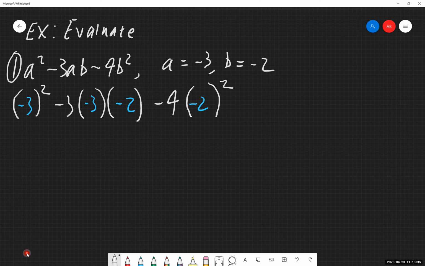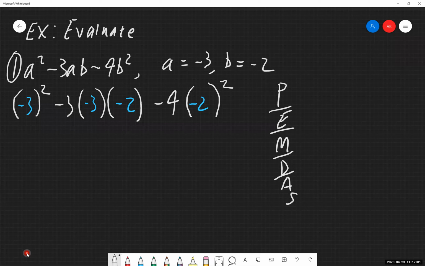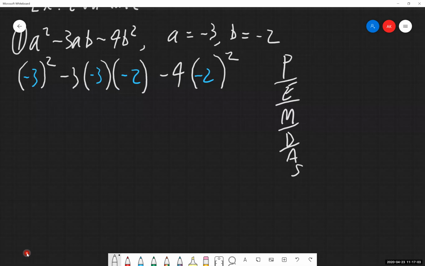So from here, now we have everything substituted in. Our third step in the process, we're going to evaluate and simplify the resulting expression. We're using PEMDAS. So I'm just going to put PEMDAS off to the side here. So first things first, working with parentheses. Can I do anything inside the set of parentheses that I have? And no, I can't. If I can't do anything with that, then cool, done there.